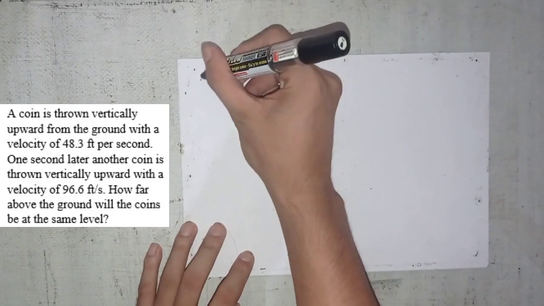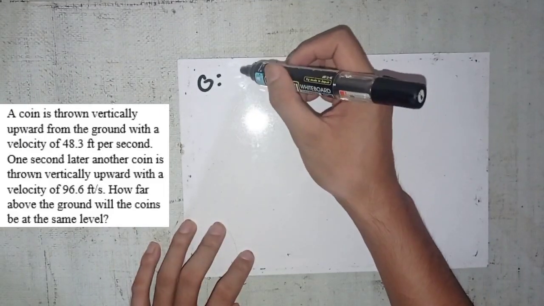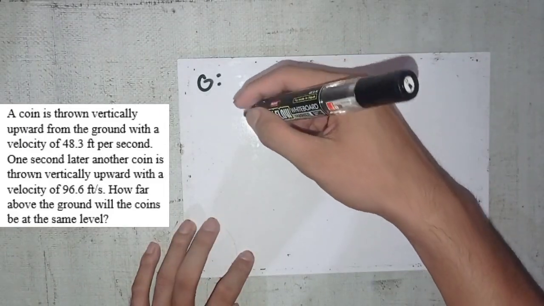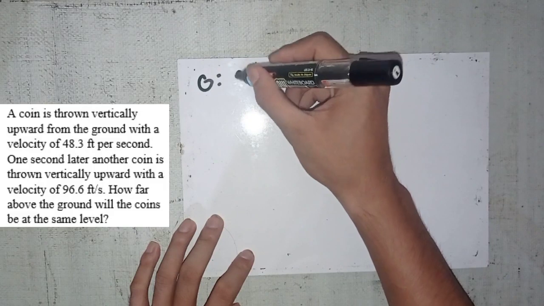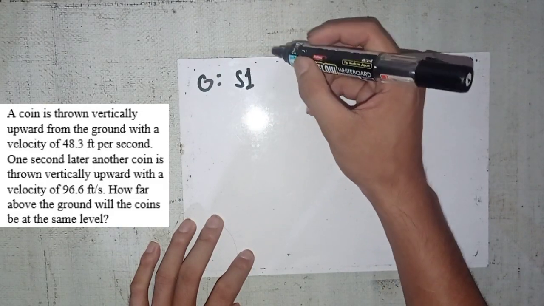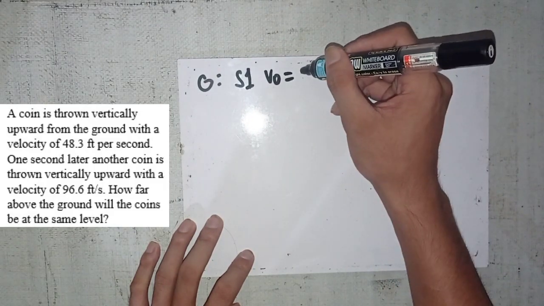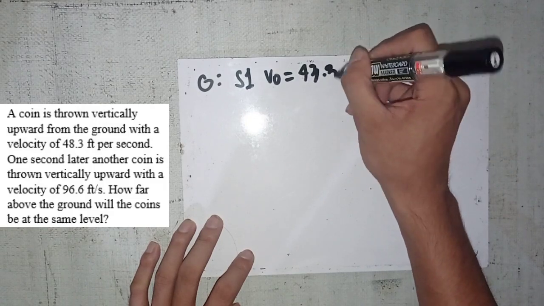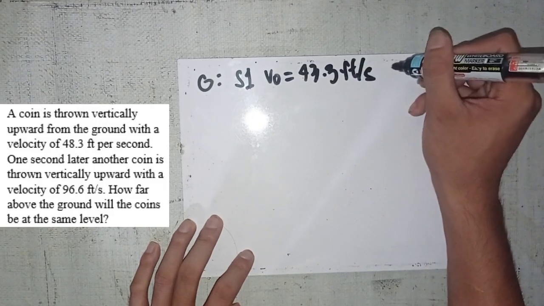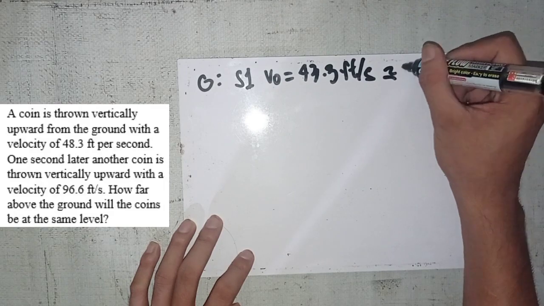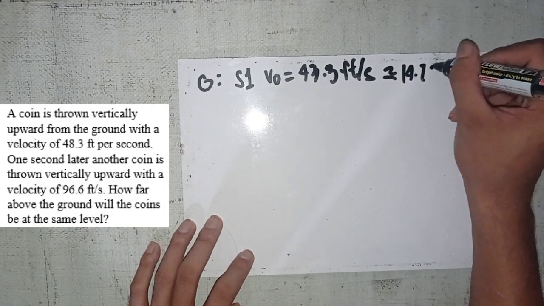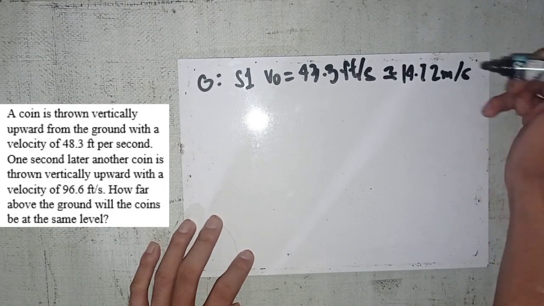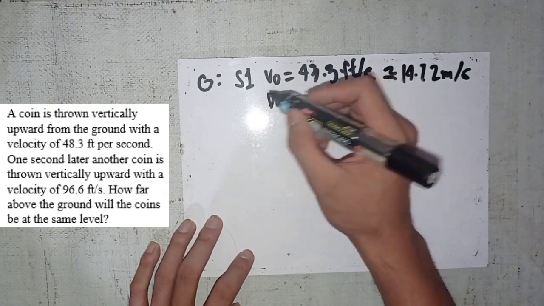So the given here is the two initial velocities for stone 1 and stone 2. For stone 1, we have the initial velocity of 48.3 feet per second. Converting to meters per second, this will be 14.72 meters per second. Also for stone 2,